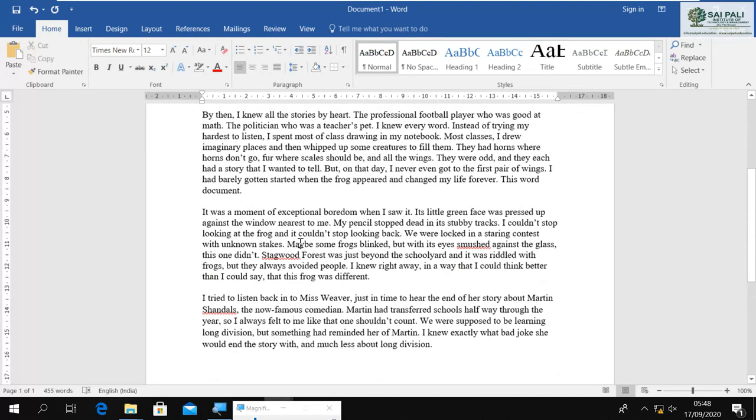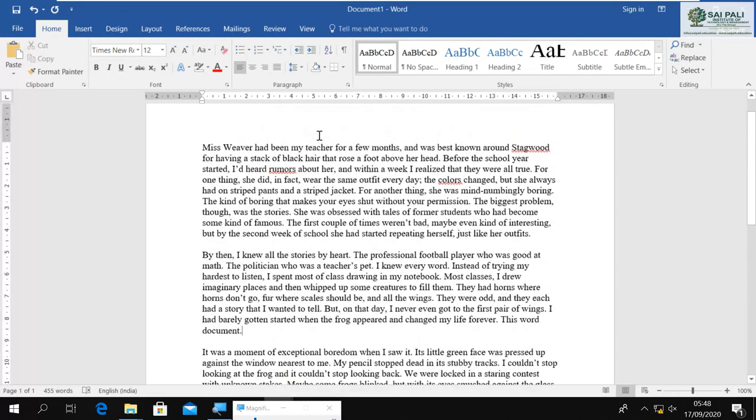You know how to start a new paragraph: whenever you press Enter, it will start a new paragraph. Unless you press Enter, it will remain in the same paragraph. So we have these paragraphs in this document. Now when you see books, in the books they do what?